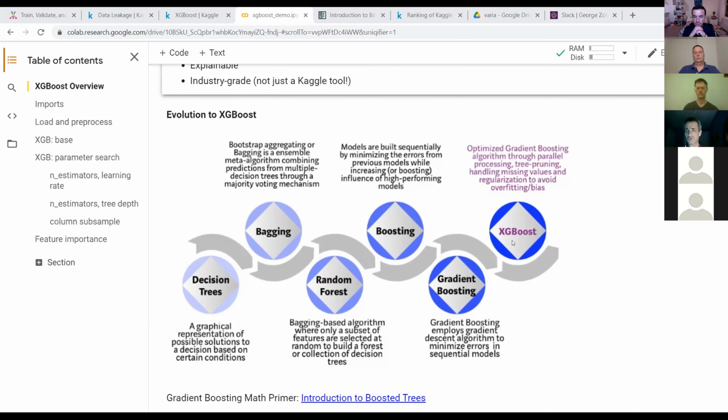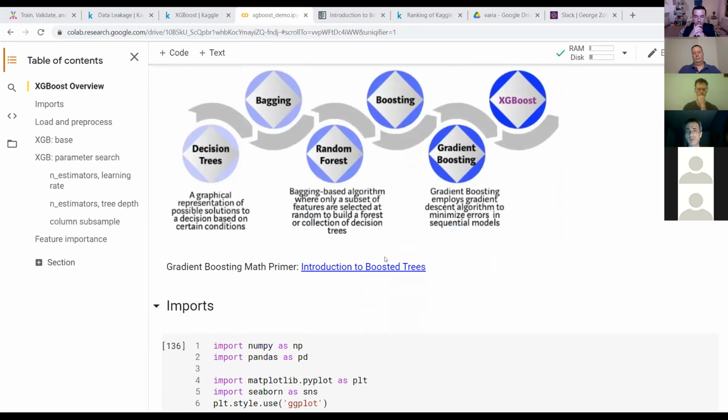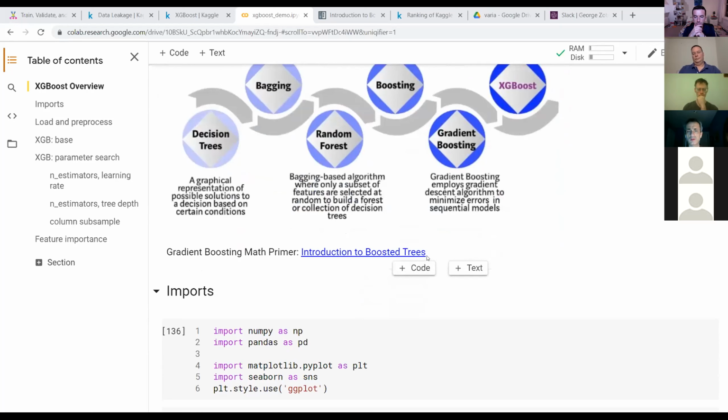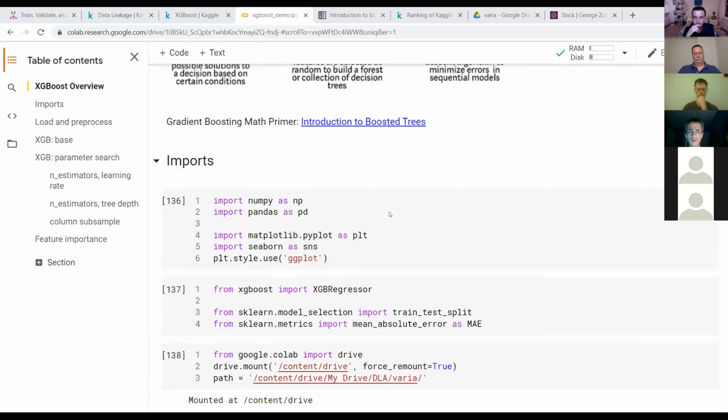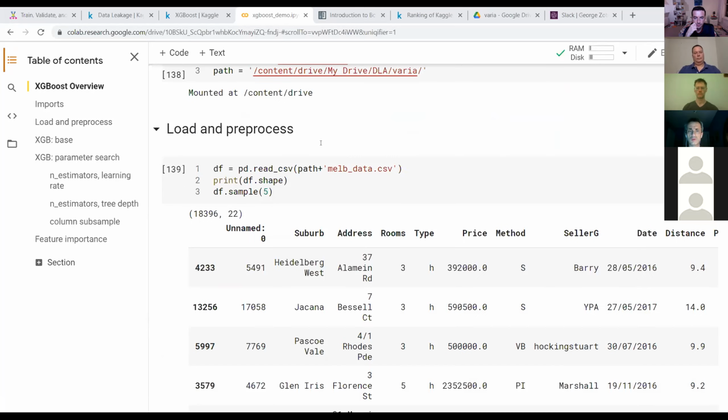I'm not exactly sure which optimizations they did. I think some of the steps are parallelized. I think it's used for classification and regression equally well. And I think it's just a very effective and efficient algorithm computationally. So I'll skip the math part, but there is a very good description of how the whole algorithm works on the Xgboost help page. And then we'll go directly into the Melbourne dataset.